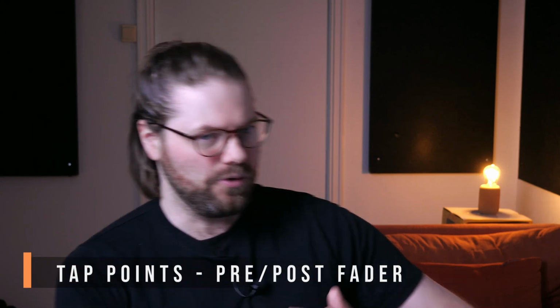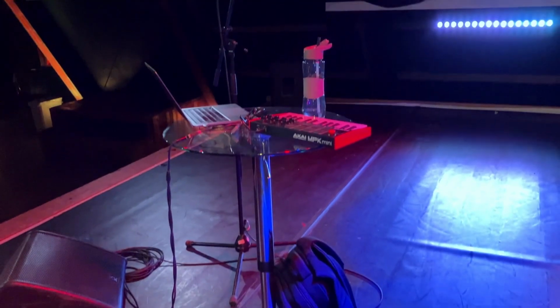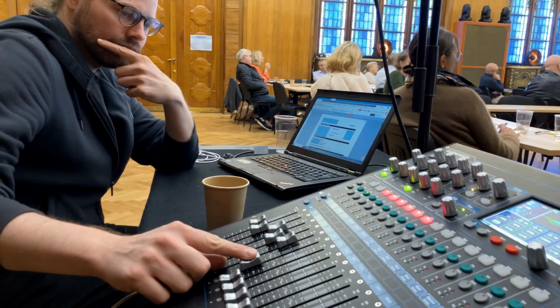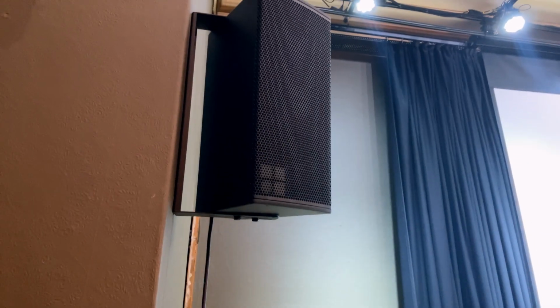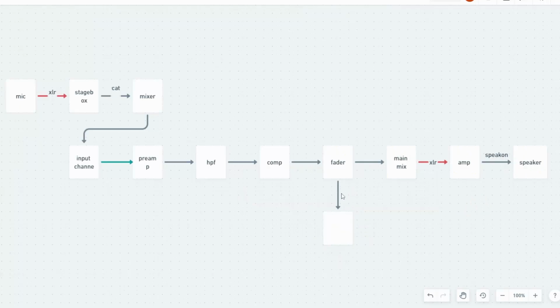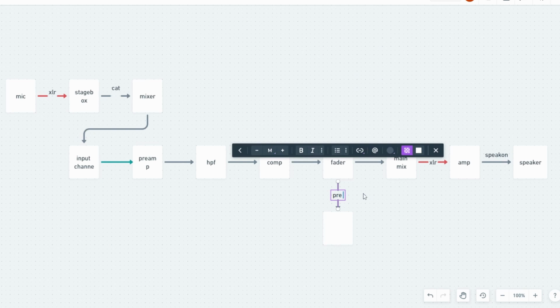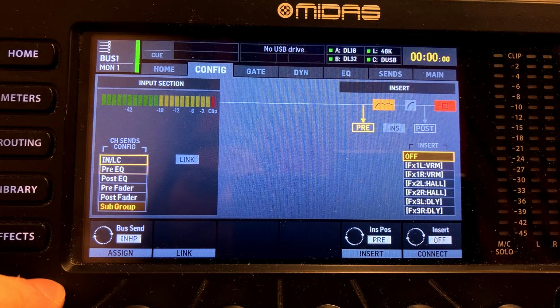So let's chat a bit about where that sound comes from when it goes to the bus, right? Because you connect your microphone in and then you push your faders up and it goes to your master bus, to your main speakers normally, right? But when we send to a monitor bus or an effects bus or any other bus, we actually pick where in this signal chain that we want to pluck the sound out of. And there's quite a few places, like we could do it right after we gain it up, we could do it after EQ, but we're going to stick to the basics here, which is before the